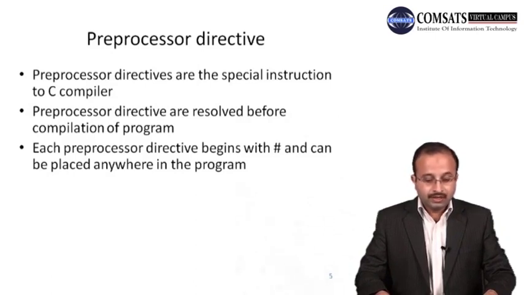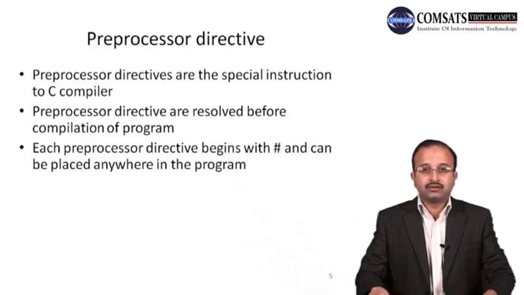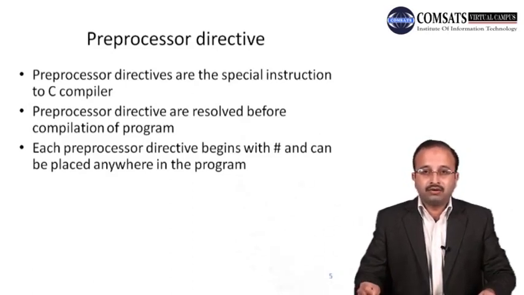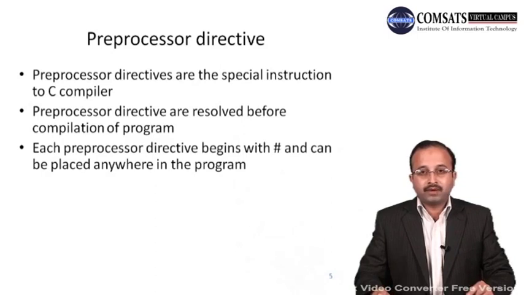Resolving that preprocessor means that before the program is compiled, this preprocessor is executed. This means that if it is hash include, that is the file inclusion preprocessor, we have to include that file whose name is mentioned. So if we mention the stdio.h file, then that file should be included in that source file, and then it will pass to the